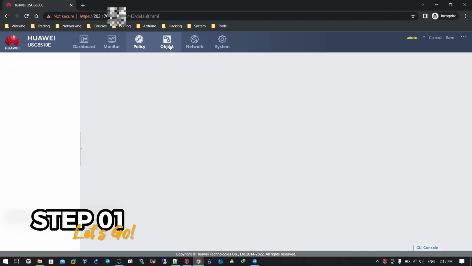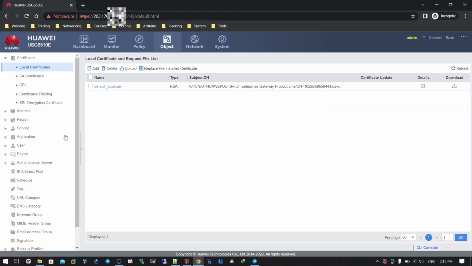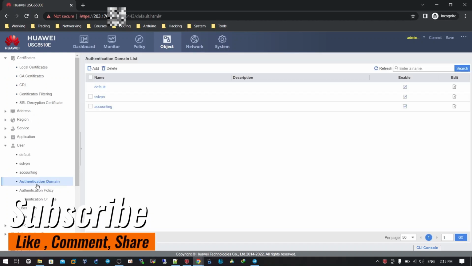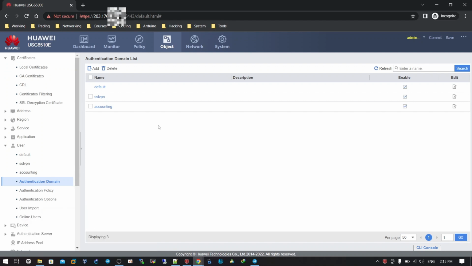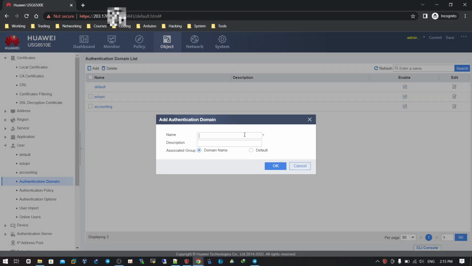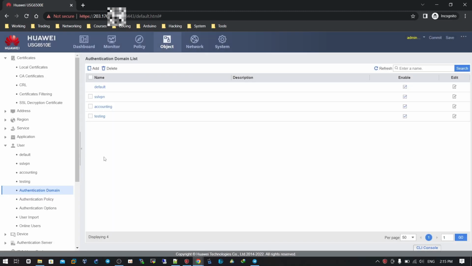Step one, you need to go to Object, select User, and click on the authentication domain. Here you need to define one domain for your purpose. For the testing, I just define a testing domain and click OK. After that you will see the testing domain